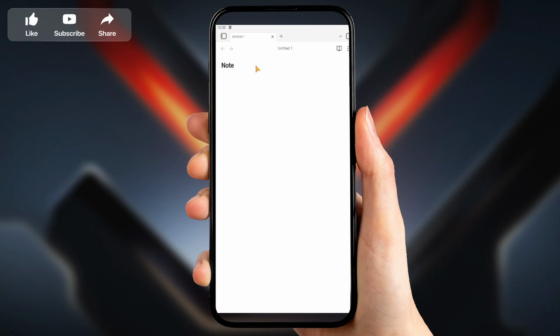It's a good idea to give your note a quick title at the top so you can find it later, but the main focus here is adding an external link. To insert a link, use Markdown. Type the text you want to display inside square brackets, and immediately after that, type the full web address inside parentheses. For example, type exactly [Google]